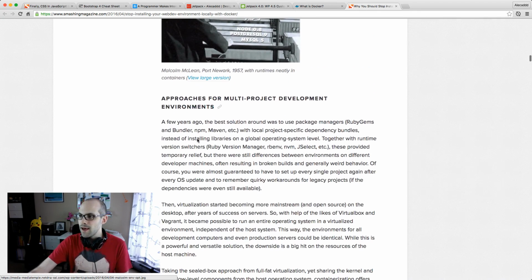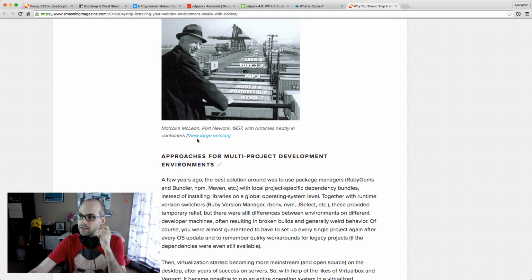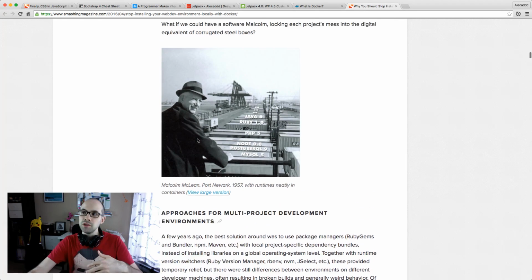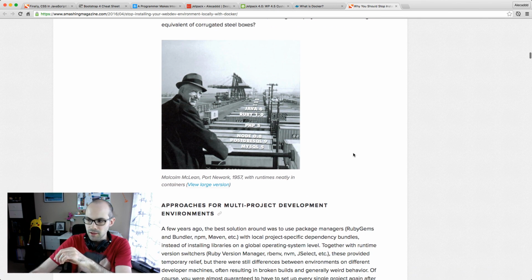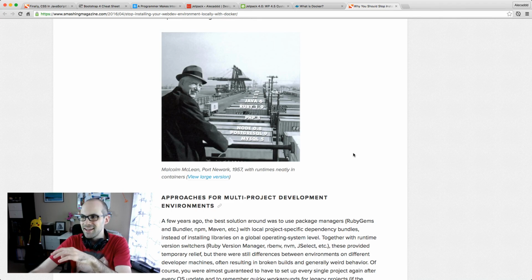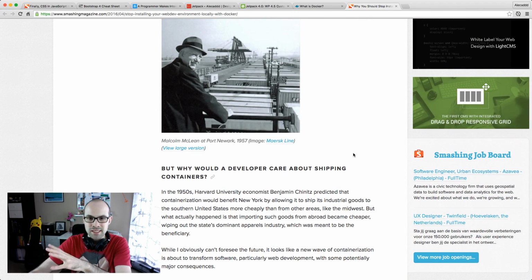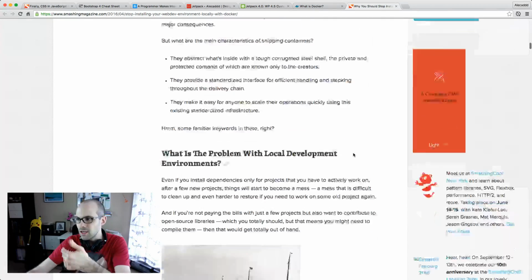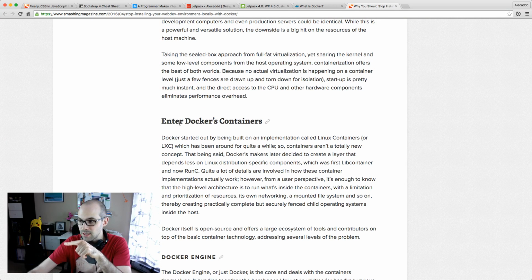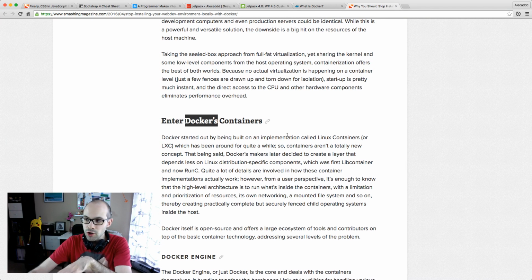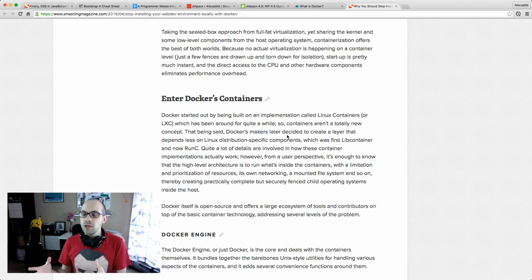And this article on Smashing Magazine explains thoroughly all the history about local environments, virtual machines, and this new method, with a bunch of kind of weird ontology about containment and shipping and stuff. It's interesting, but just completely skip the first part and go to the good stuff, that is Docker's container. So Docker is this new open source application that can create independent container packages with all the